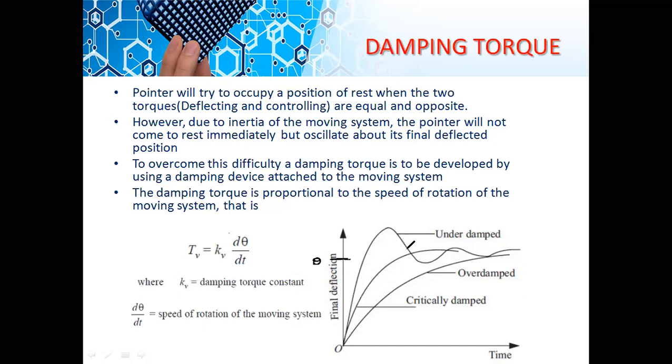The controlling torque was so high that it reduces the deflection value to less than theta, and then again it realizes that the deflecting torque is more than the controlling torque, hence the deflection will increase. So how it actually looks is,